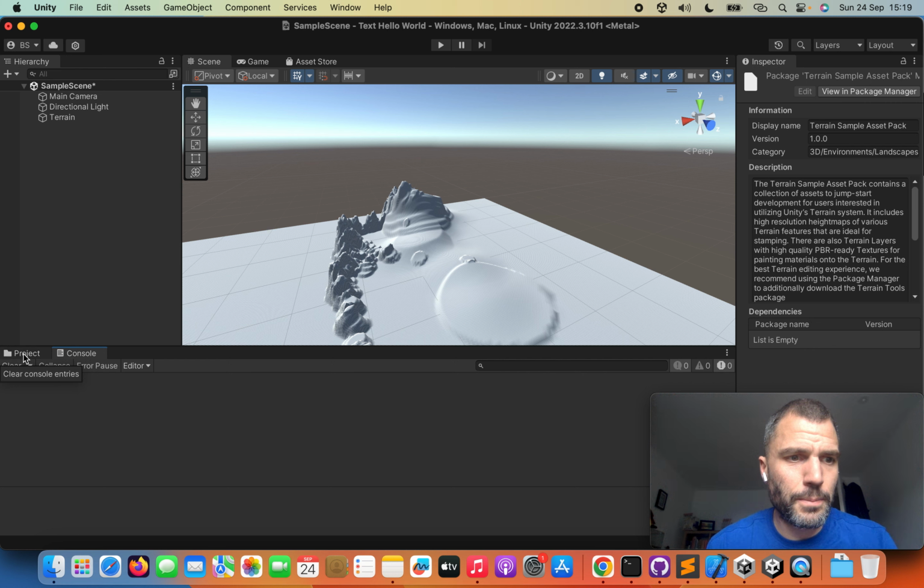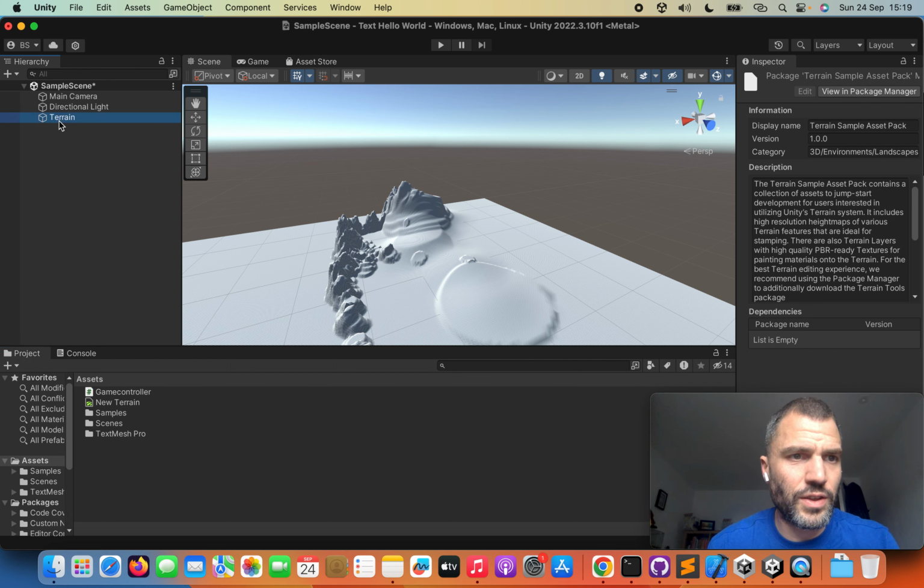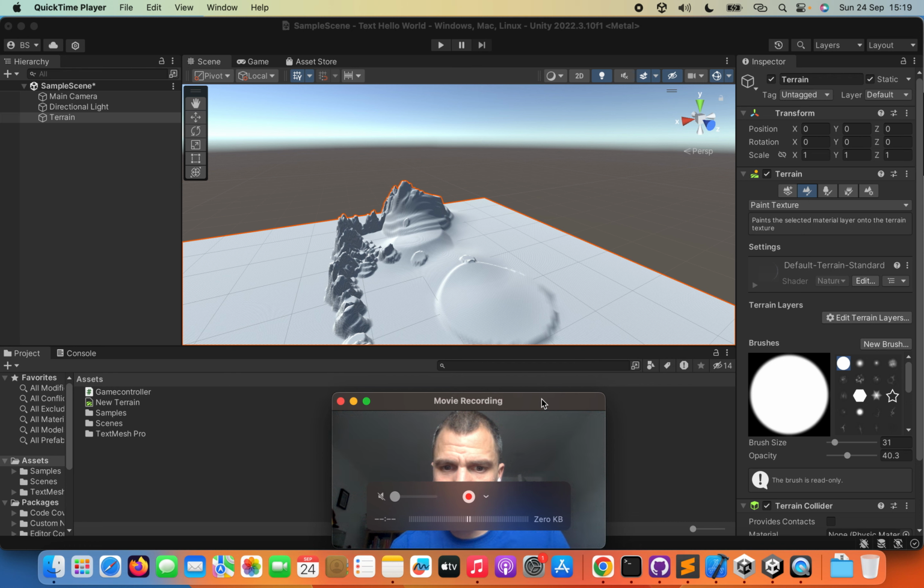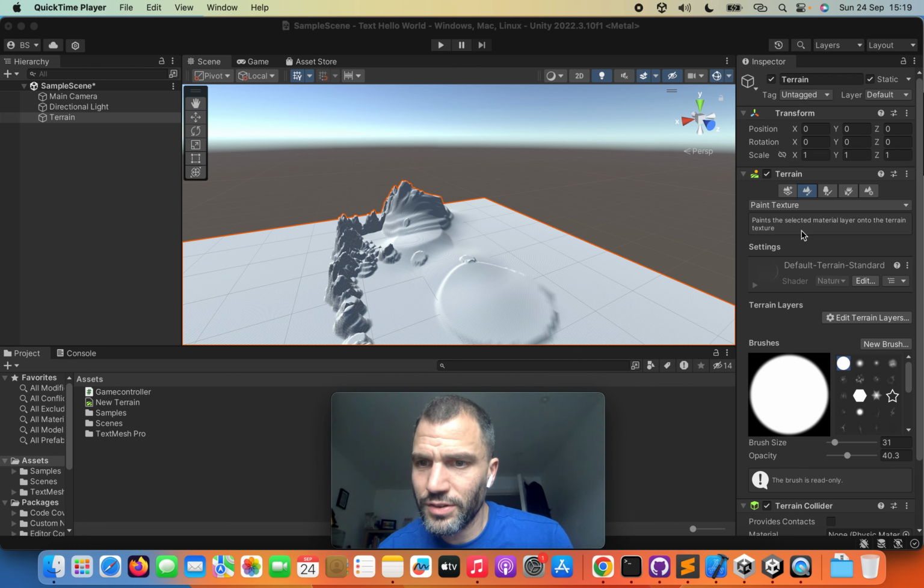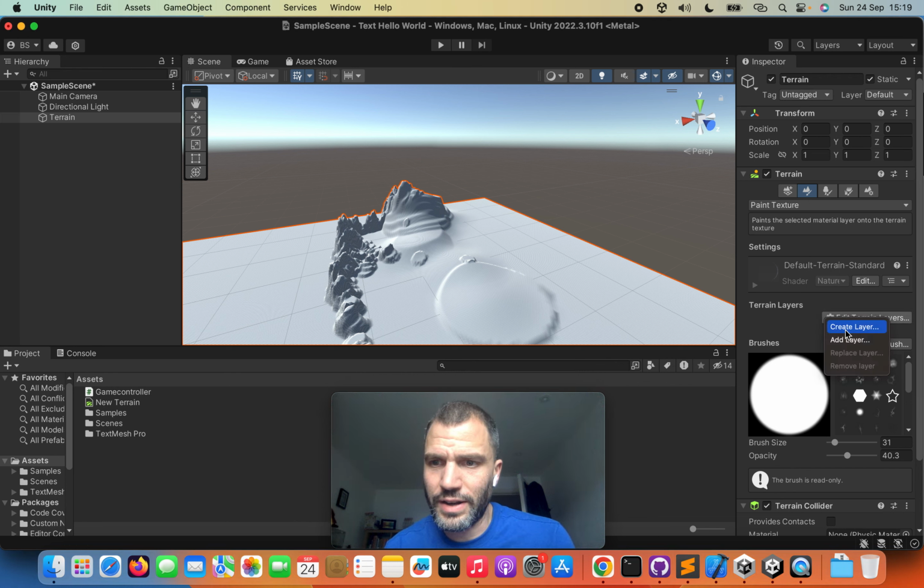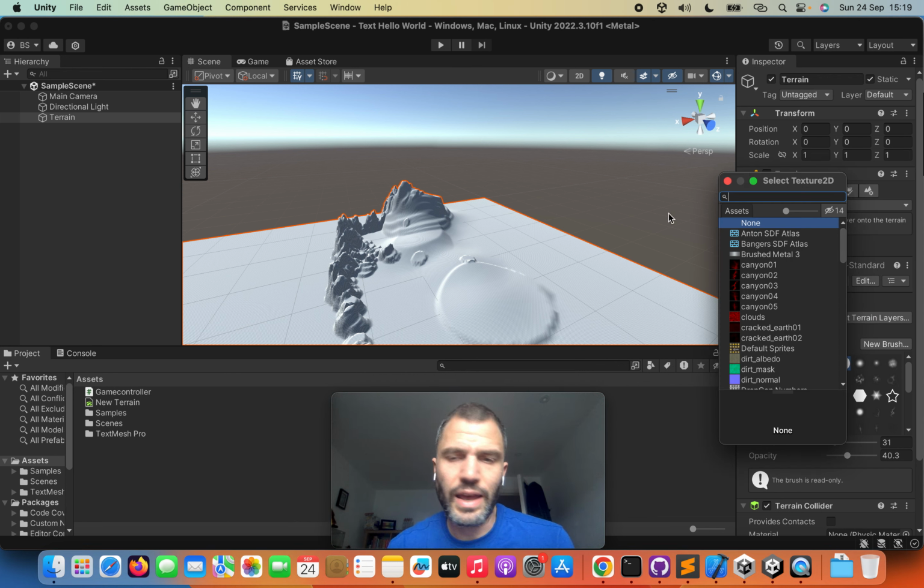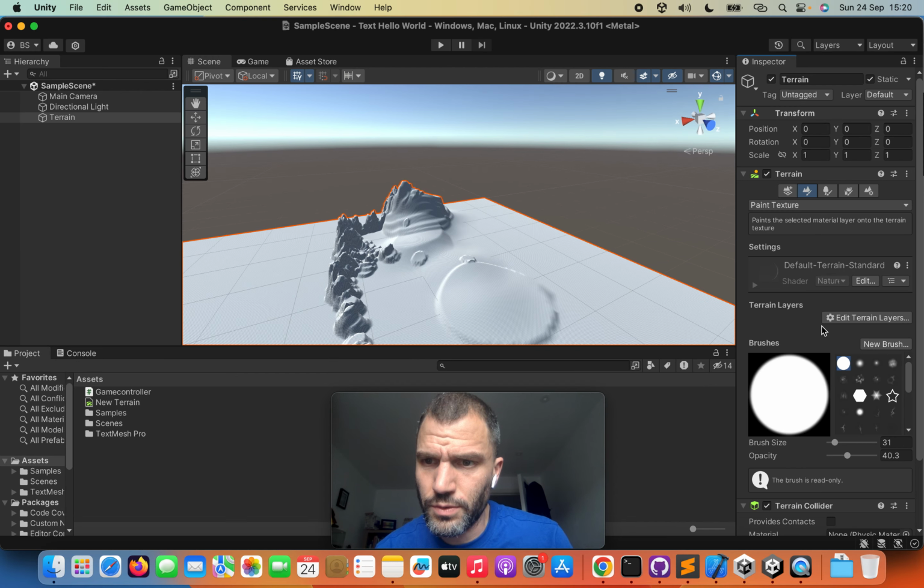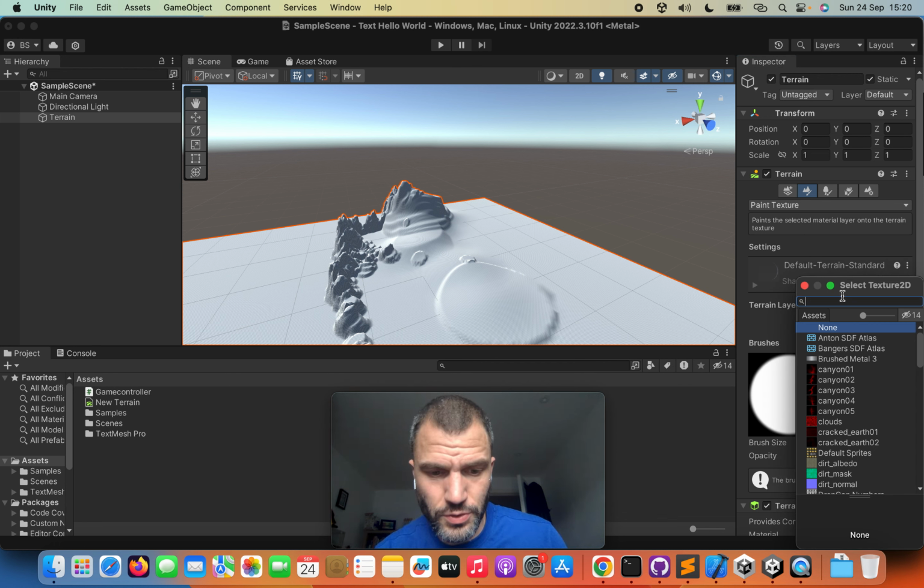So I click on the terrain in the hierarchy, and in Inspector, if I give it a second, it will load up, and I'm going to move myself in the middle. It will load up paint texture, and then I looked further down, and I've got this thing called edit terrain layer. So what I'm going to do is create a layer, and I'm going to search for grass. If that has actually imported, I'm not sure if it's imported yet. But once it has imported, you should be able to find that